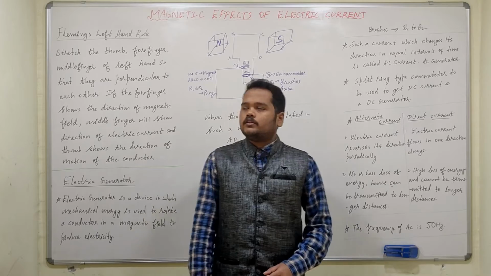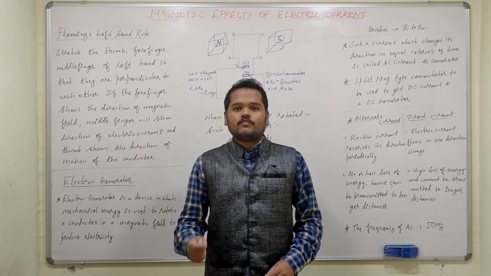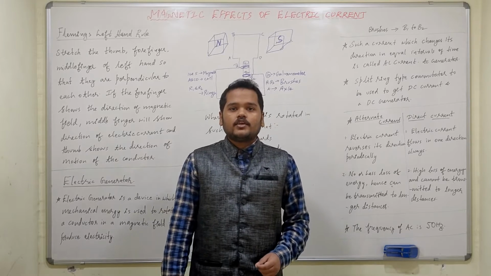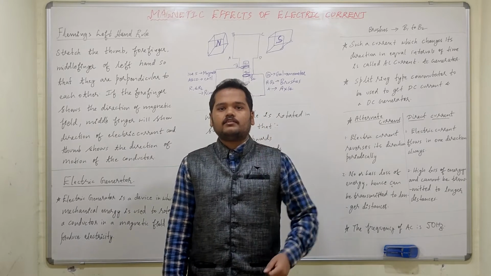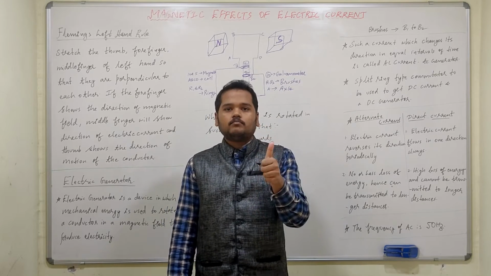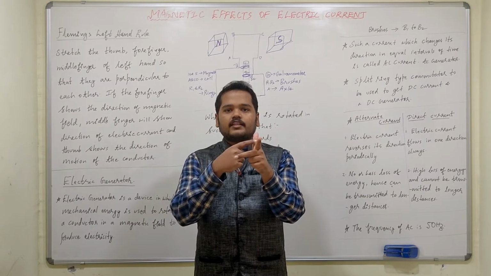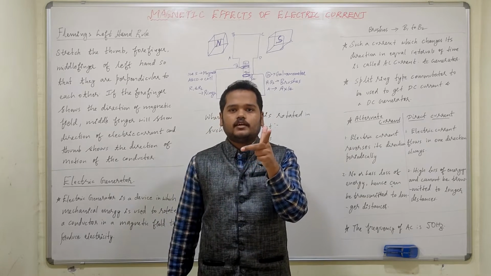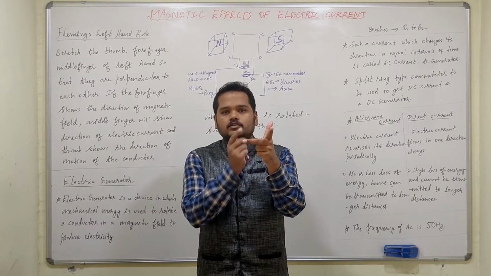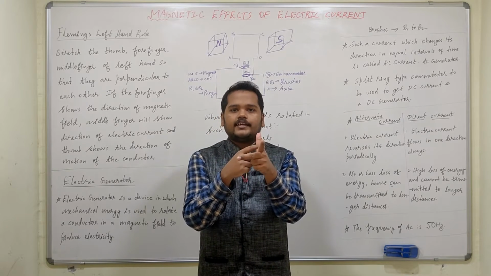Let's go. To study Fleming's left-hand rule, which is similar to Fleming's right-hand rule, the only difference here is you need to consider your left hand. So open the three fingers of your left hand, thumb, forefinger and middle finger, in such a way that they are 90 degrees to each other, mutually perpendicular to each other. Left hand, thumb, forefinger, middle finger, 90 degrees to each other.